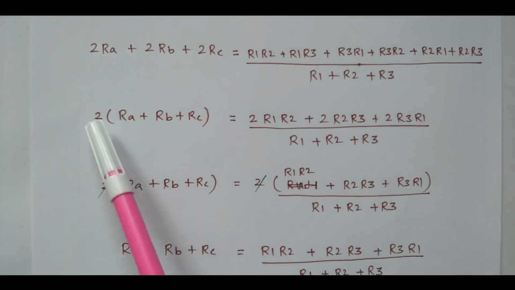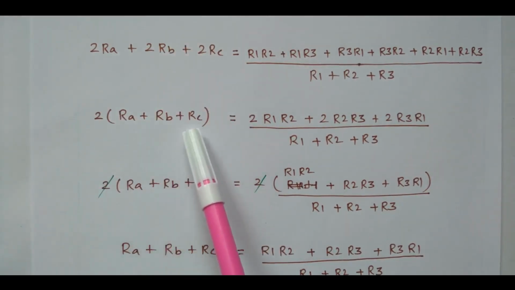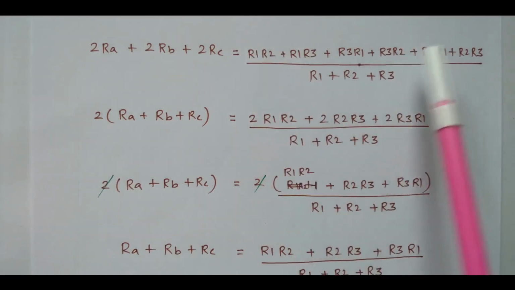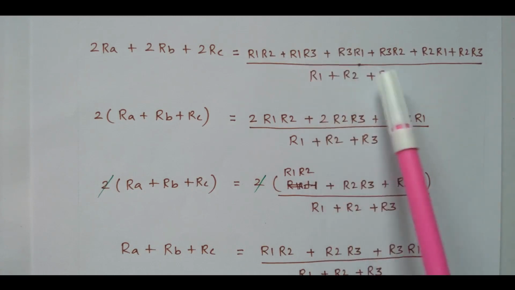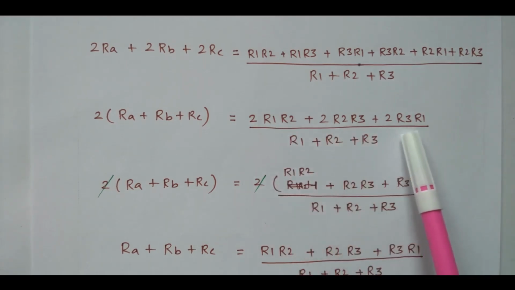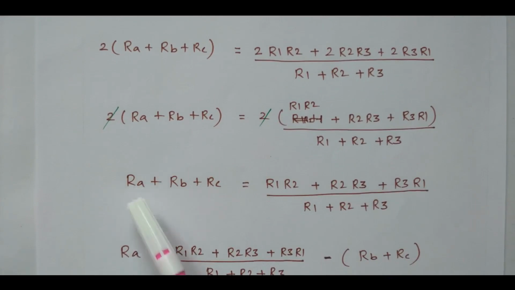So this is available 2, you can take 2 outside, 2 available in all the time. So 2 times of RA plus RB plus RC. Similarly here R1 R2 available 2 times. R1 R3 available 2 times. R3 R2 available 2 times. So 2 times of R1 R2 plus 2 times of R2 R3 plus 2 times of R3 R1. Right? Here also you take the 2 outside. So this 2 got cancelled. So finally what we have, RA plus RB plus RC equal to R1 R2 plus R2 R3 plus R3 R1